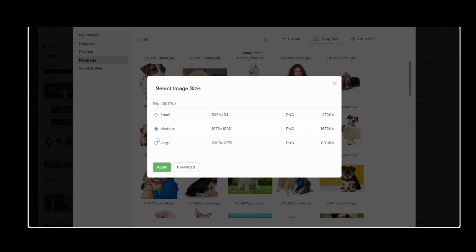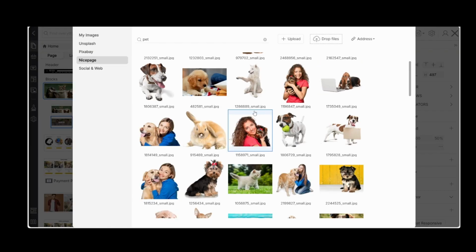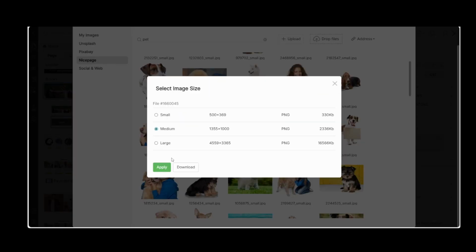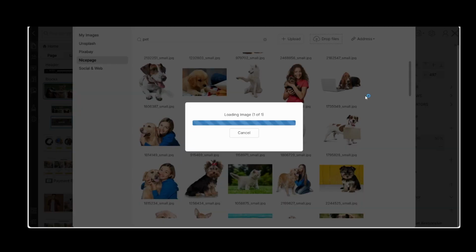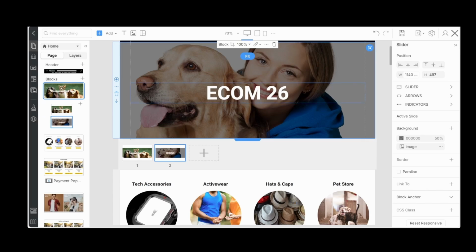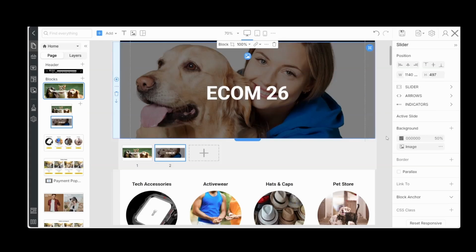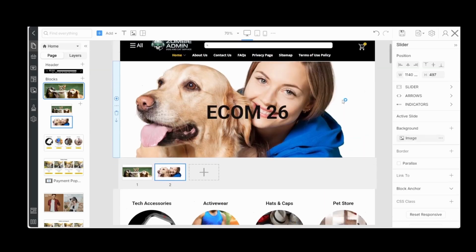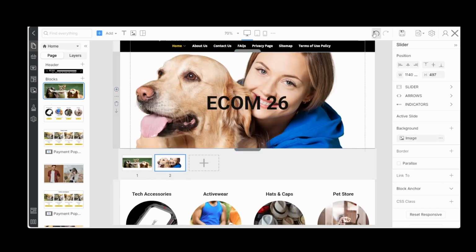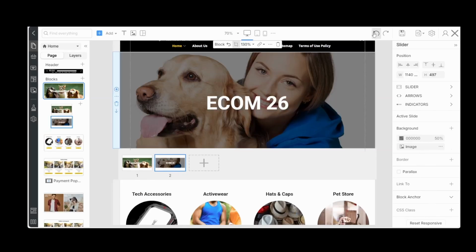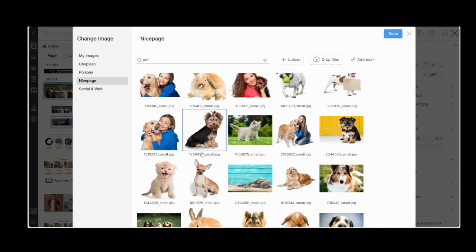And I'm going to choose this one right here. That looks nice. Let's insert that. We'll apply. Loading image. And there it is. That looks pretty good. I like that. Let's take off the shadowing. I'm just going to delete that. There it is right there. We might have to put it back on. Actually, let's take a look. And actually, I think I do not like this picture. So let's go back and find something else.